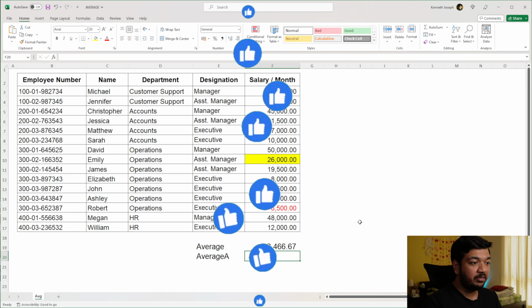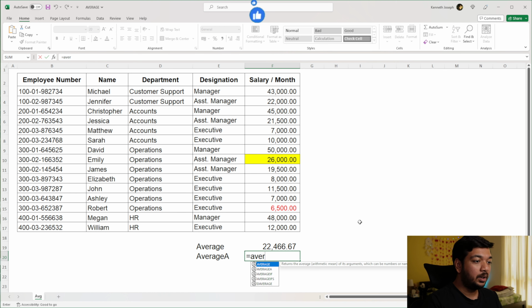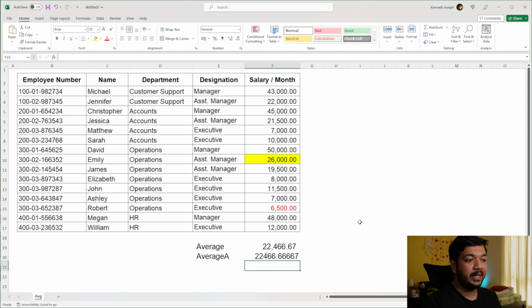Now to start with average A, again type equal to, go to average A and open the bracket. Now it's going to ask you for the values. Go ahead and select the exact same range and hit enter. It's going to give you the same answer as average for now, but let me tell you the difference that